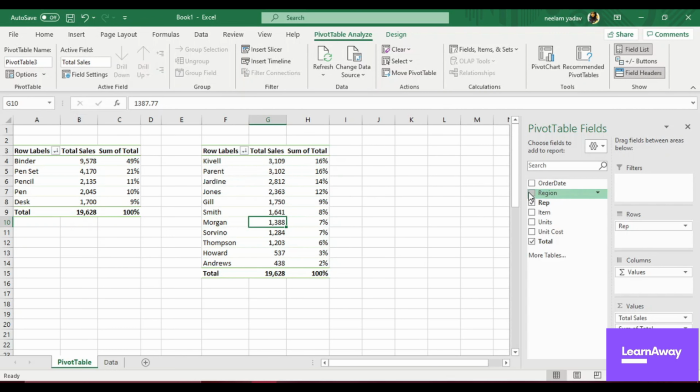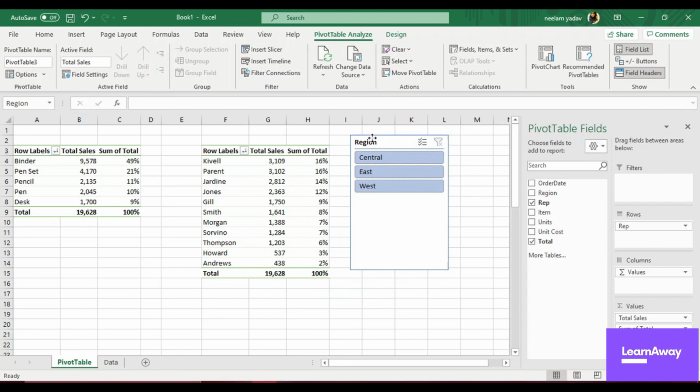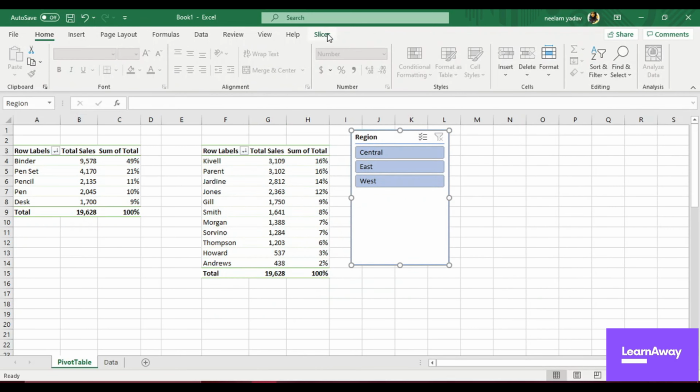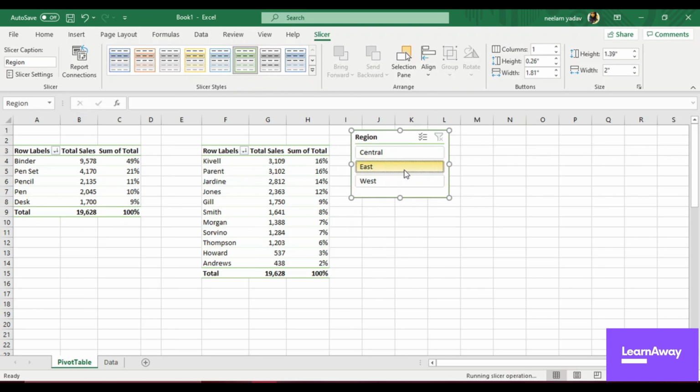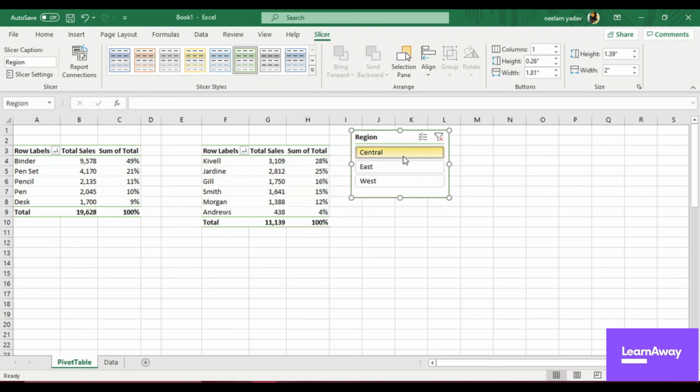If I want to have the filter as a region, I can have it here, but instead of that, I can also have a slicer. So what I can do is click on this. I can say add slicer. So it has added a region slicer. Now I can edit and customize it based upon my requirement. Yeah, so if I click on this, the data will change based upon the region that I've selected, and if I want to select the all, it will select all.